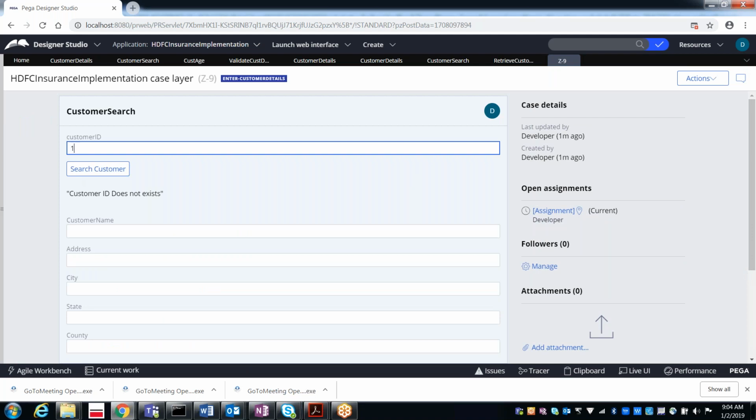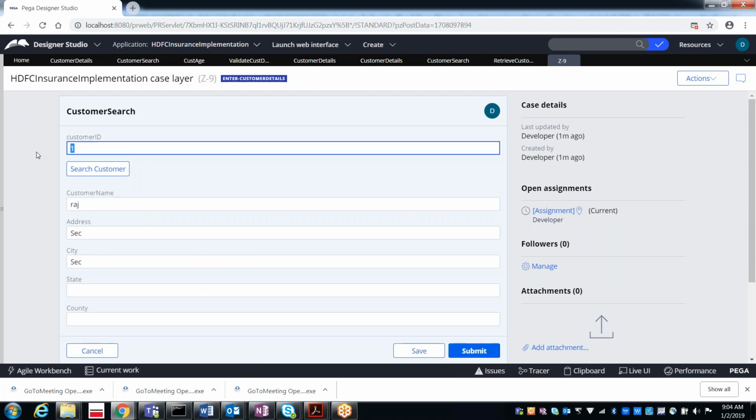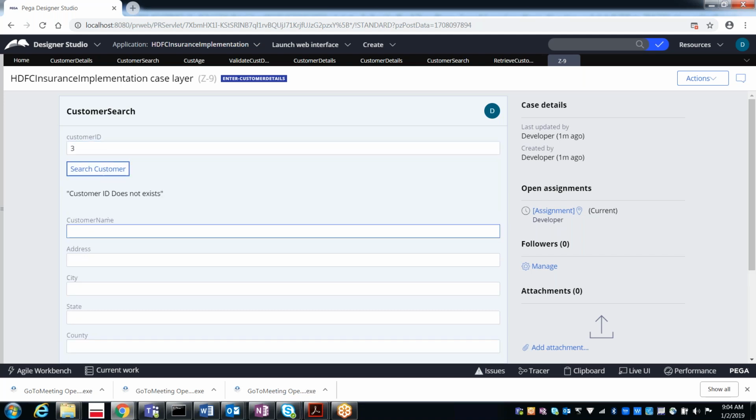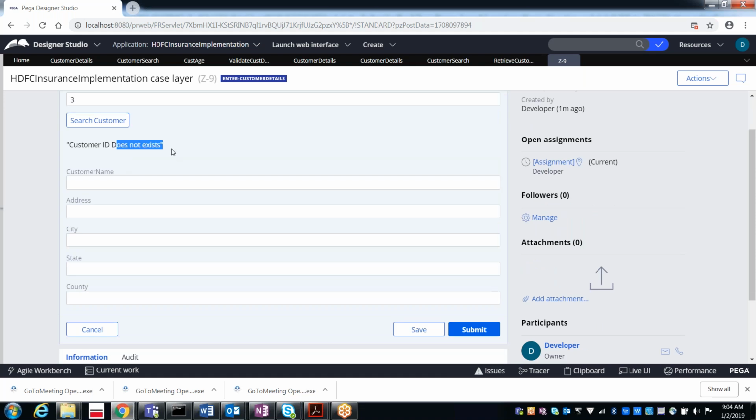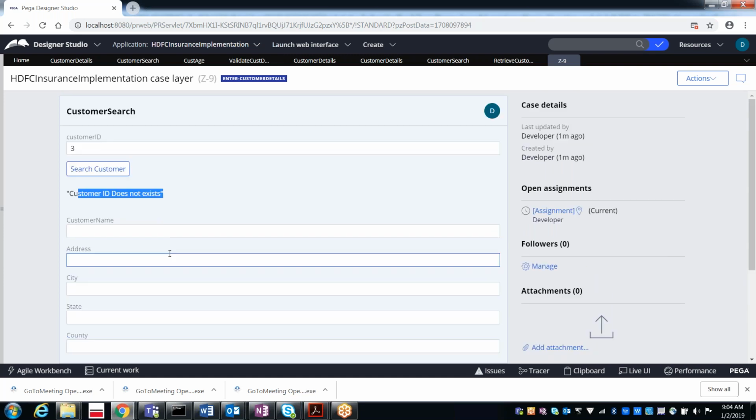See, like this. In case you want, you can apply the visible condition even for this customer details layout. When this message is displaying, you want to hide this one. So you can display it only if it is true. If it is false, you can hide this one. If false, this message should be shown and this should be hidden. If true, this message should not be shown, and the one below should be shown. So you can apply one more visible condition for this. Okay, so this is that.